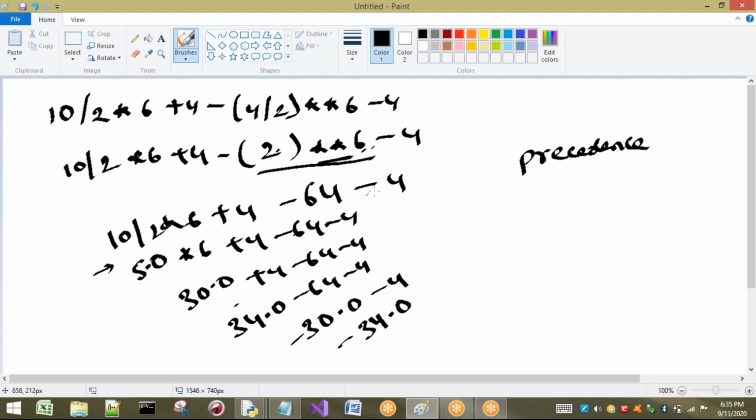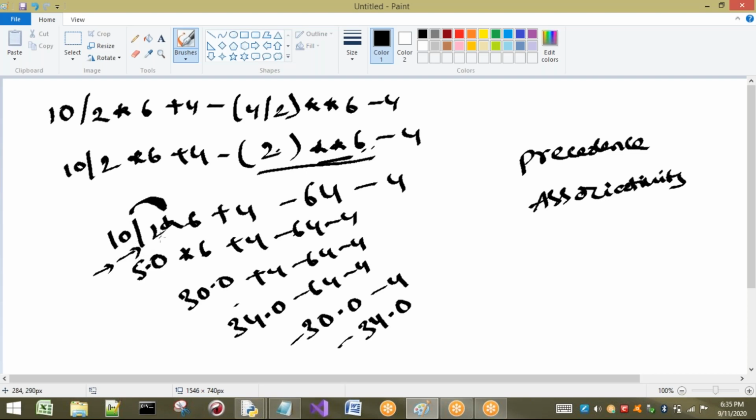Next one, what do I have to perform? What are the operators that are remaining here? Minus, minus, plus, into and divided by. Among these, which one is having highest precedence? Division and multiplication. These two are having same precedence. Once again, if we are having same precedences, then I have to go for associativity. Associativity of these is left to right. That means from left to right, I have to perform the operation.